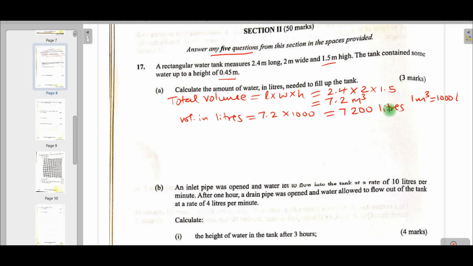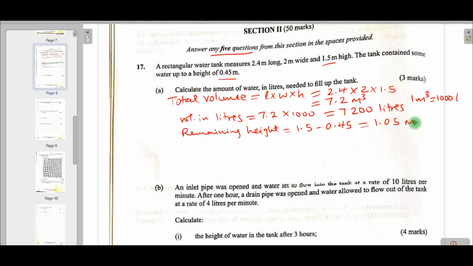So the amount that is required, the remaining height, is 1.5 minus 0.45, and if we subtract, we get 1.05